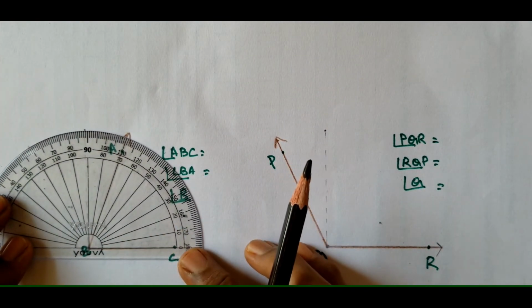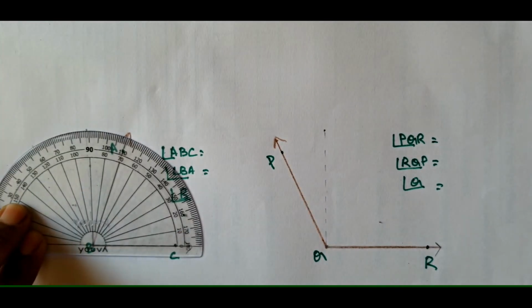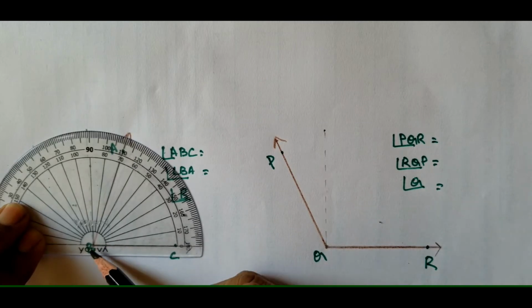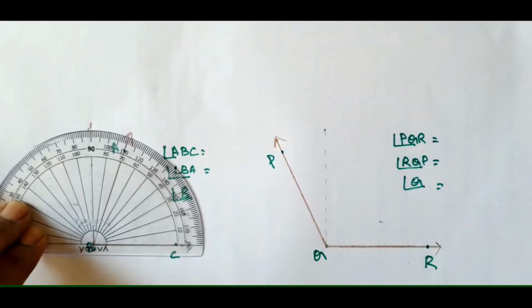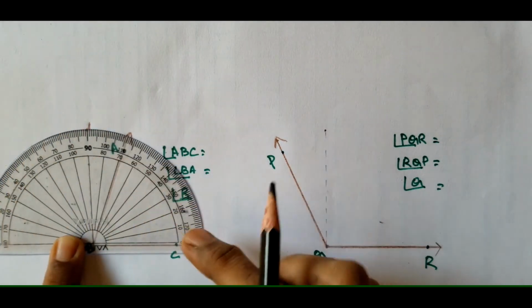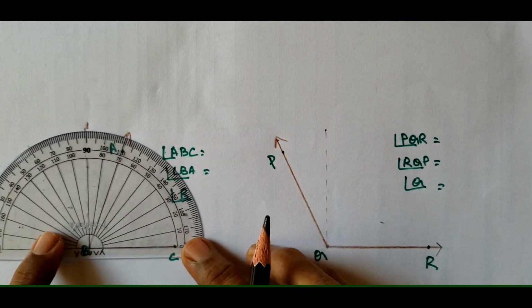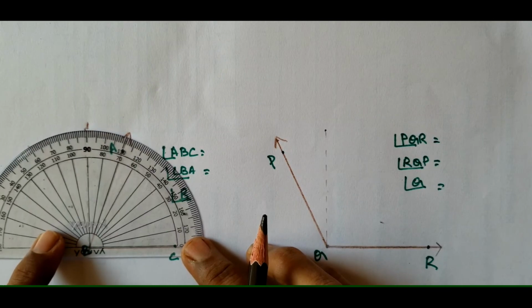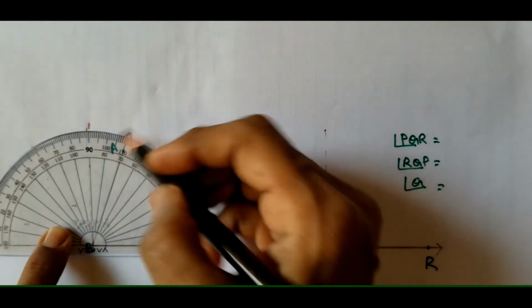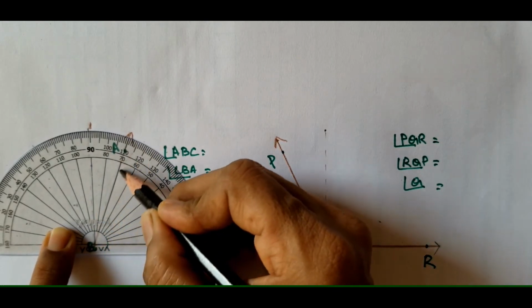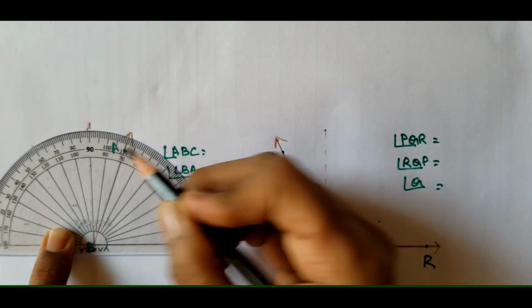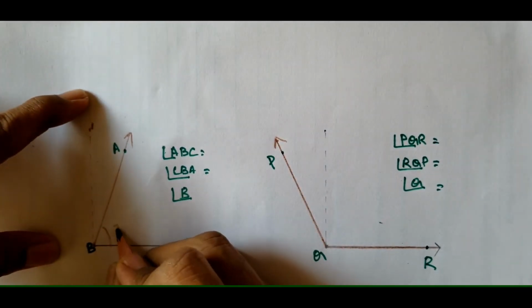on the vertex. Can you see now? My baseline and the angle line coincide. My center of the protractor is at the vertex of the angle. Now this is my 90 degrees. I am going to see the angle in the inner circle. So this is my 90 degrees. Inner circle, it is less than 90 degrees, an acute angle. My line is here which points at 70 degrees. So this is 70 degrees.